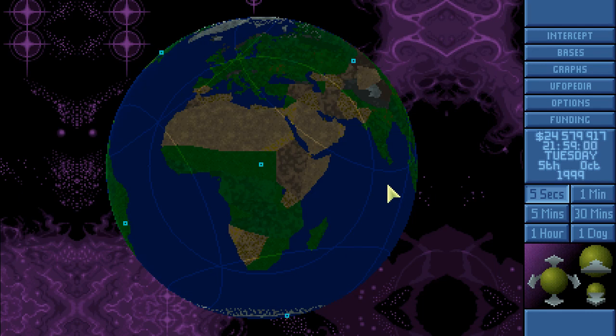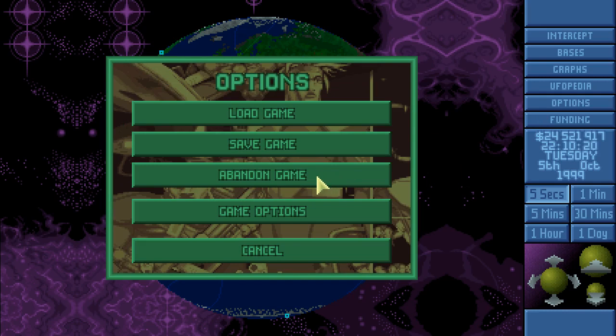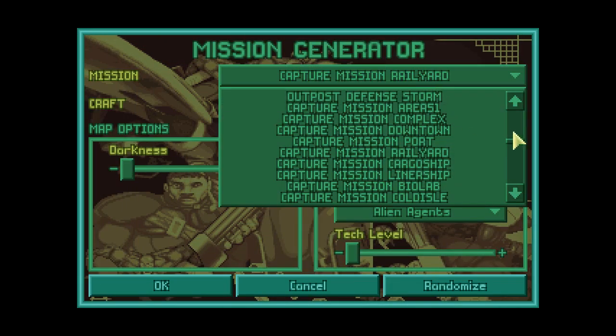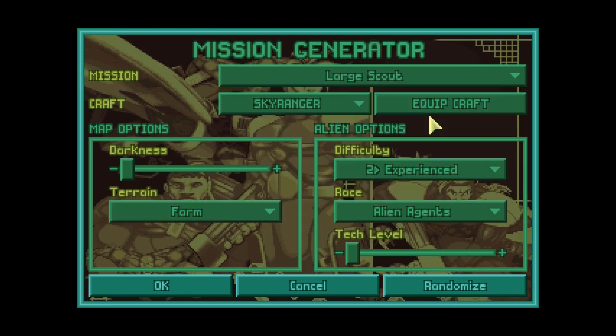I guess what we could do is go and have a look at some of those aliens we have never seen, I guess. I don't know if this may crash the game, but I will try it anyway. So let's go to the new battle and take a large scout on a farm,